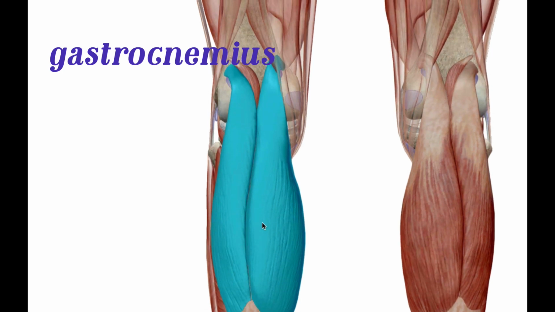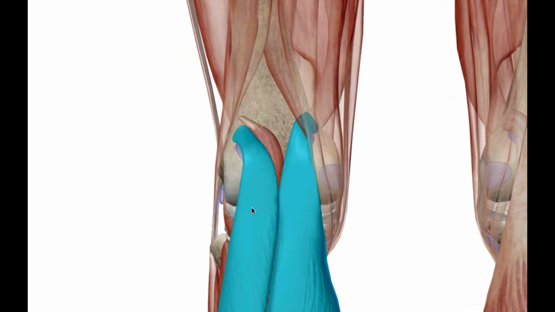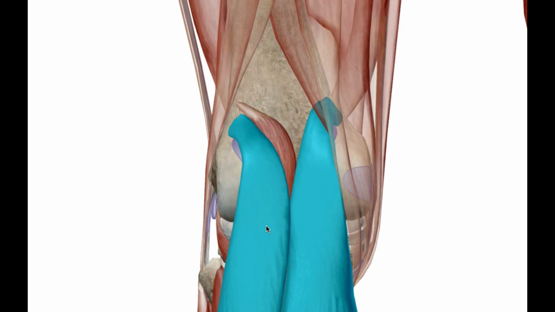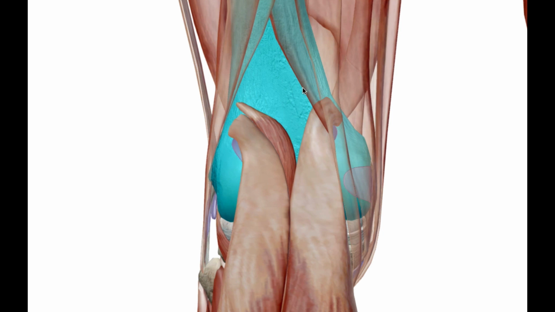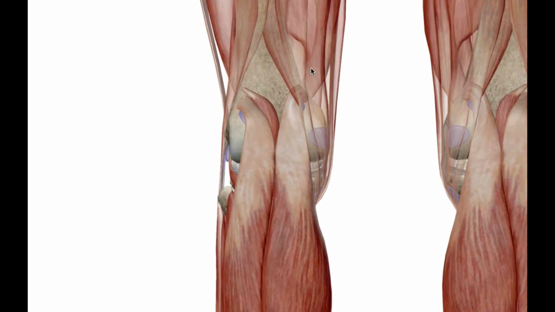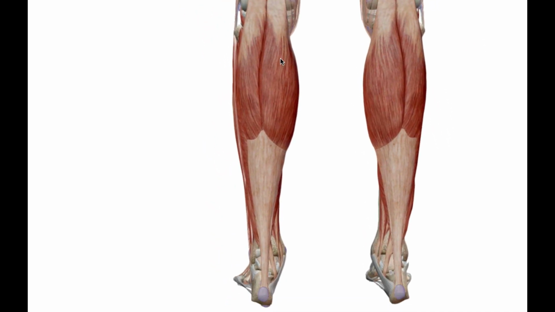As we move more proximally, you see that the two bellies go into the intercondylar fossa, if you remember that from the femur, and fit right on top of the medial and lateral condyles. So it's right up on the supracondylar ridges of the femur. That is their point of origin, and then they insert at